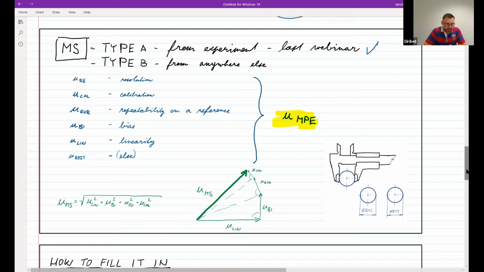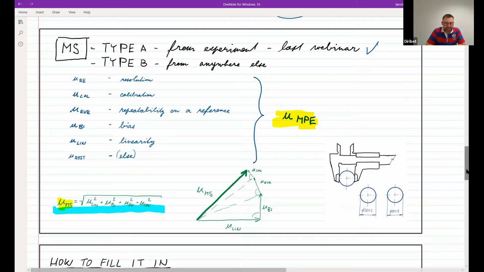And the third note I have here is on how these uncertainties are treated, how they are calculated with. And it's all given by this little green formula down here. And not surprisingly, they are treated as a standard deviation of a normal distribution. So the total, the UMS, the standard uncertainty of the measuring device, is a square root of a sum of squares of any uncertainties that come in.